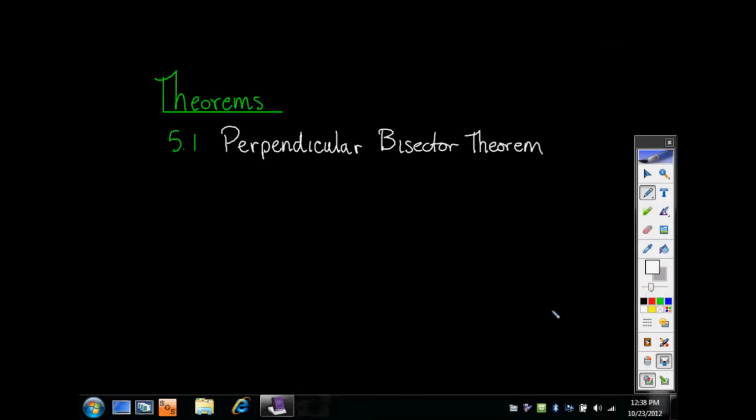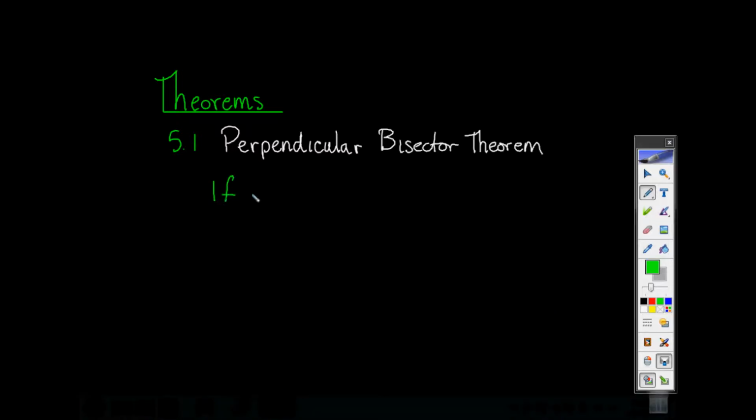Okay, so we have the perpendicular bisector theorem. What this states is that if you have a point